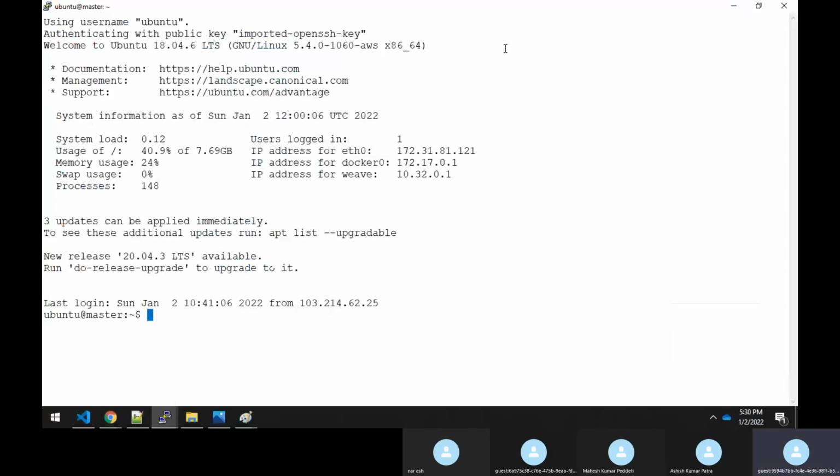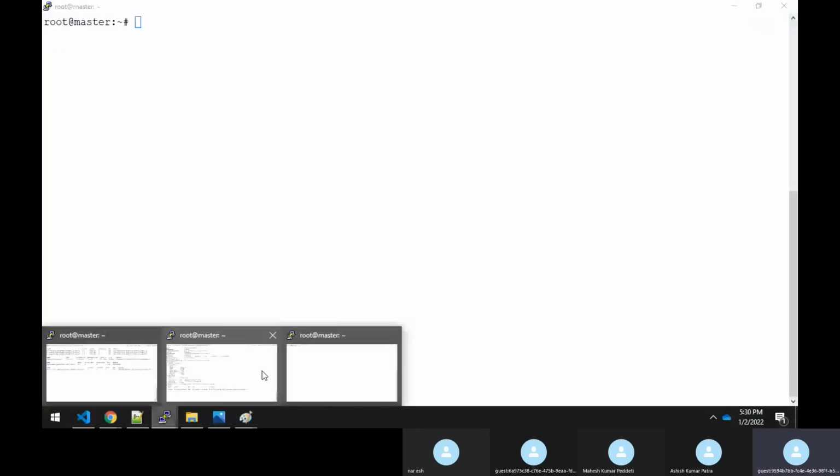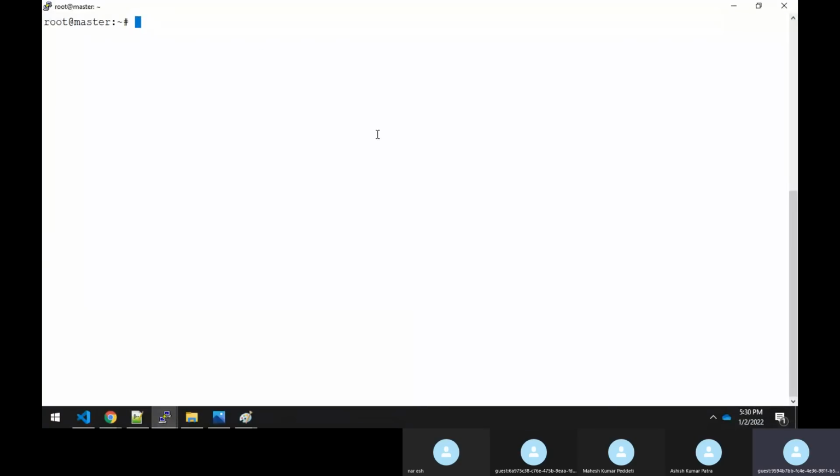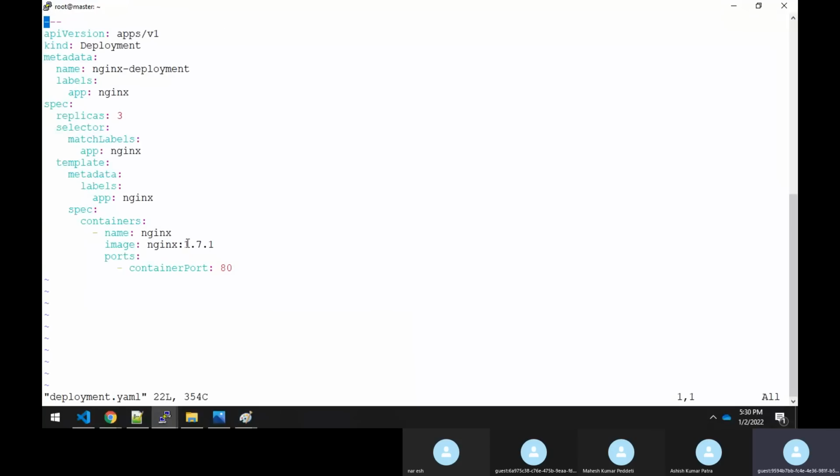So guys, this is my third. Before doing a rolling update, suppose I want to roll out from the 1.7 to the 1.9 version of Nginx. I have this deployment which is having 1.7.1. I want to update to 1.9.1.